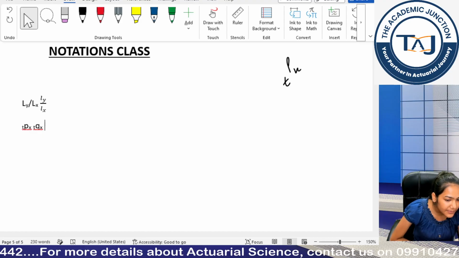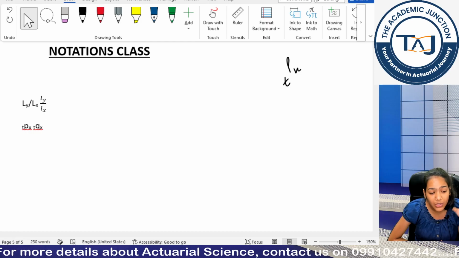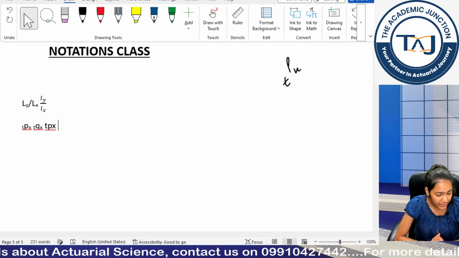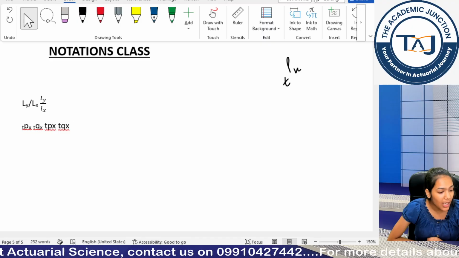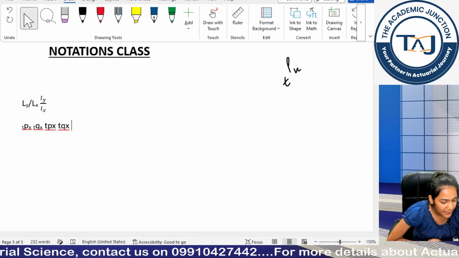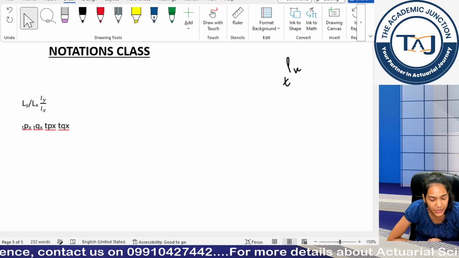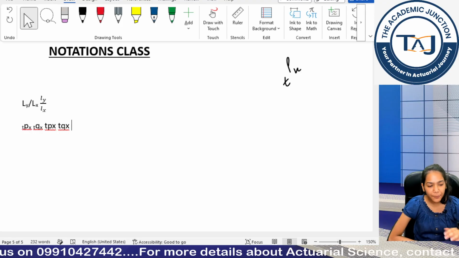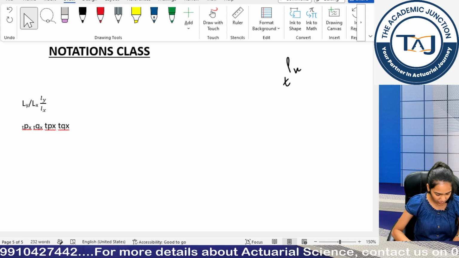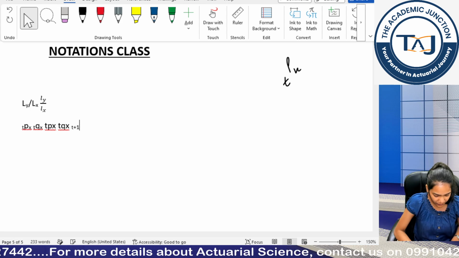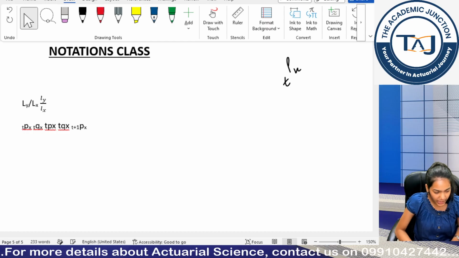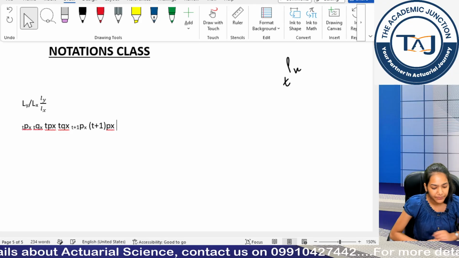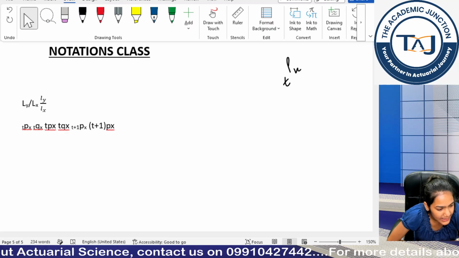So very easy. And even if you don't want to use the subscript and superscript, you can also write it as TPX simply. IFOA and IA also allow the use of this. TPX and TQX without use of subscript and superscript, you can also write in this way. Clear? But if, for example, we have T plus 1 QX, so control shift minus T plus 1, control shift minus P and this, okay, and in the normal approach you will write T1 plus PX. Is this clear?